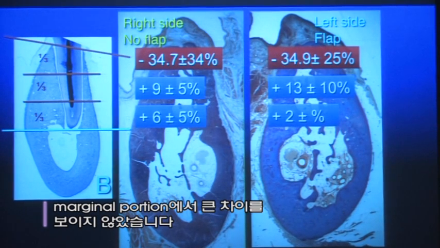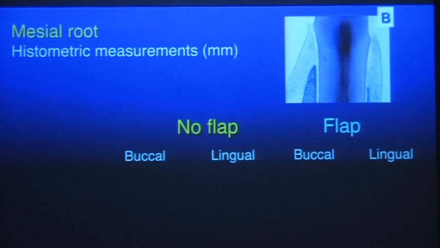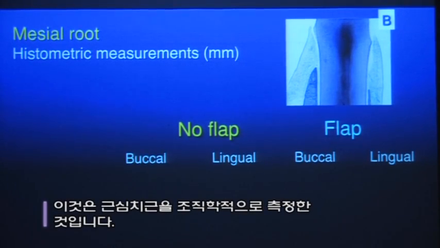But in the marginal, coronal portion, there was, both on the no flap and on the flap side, a 30 to 35% reduction of the dimension of the ridge. So this means that from this type of measurements, there was no effect at all